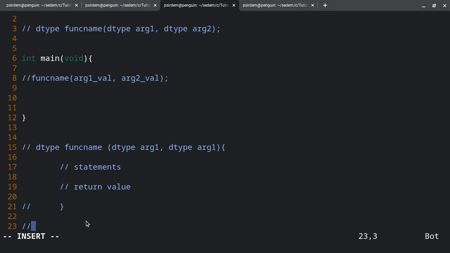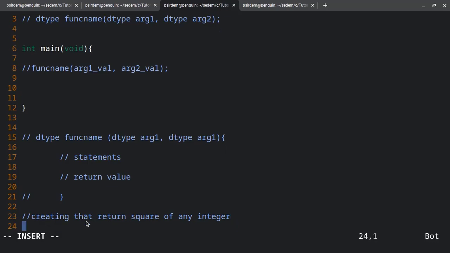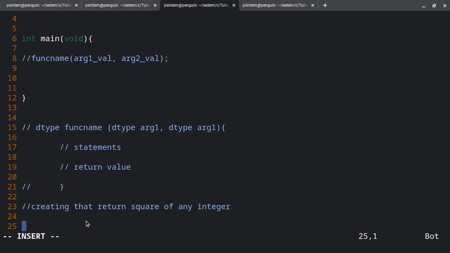So you want to create a function that will return the square of any number. Let's say integer. Let's just limit it to integers. You can decide to do it for floats as well, but we would just be limiting our function to integers. So first, since our function will return the square of any integer, which is an integer,